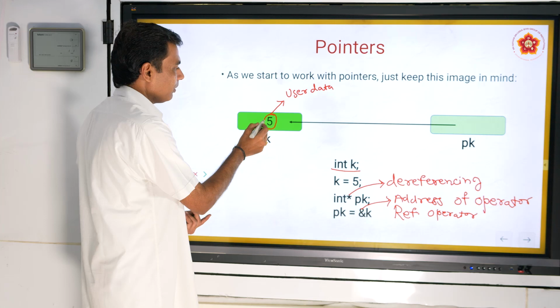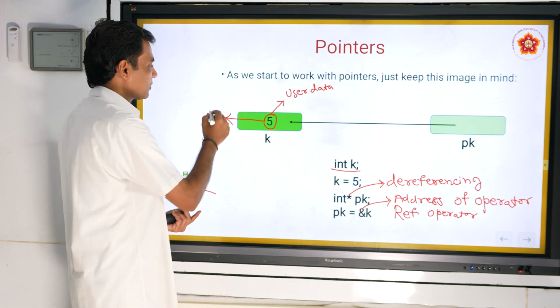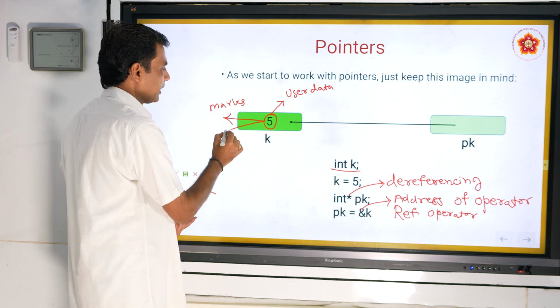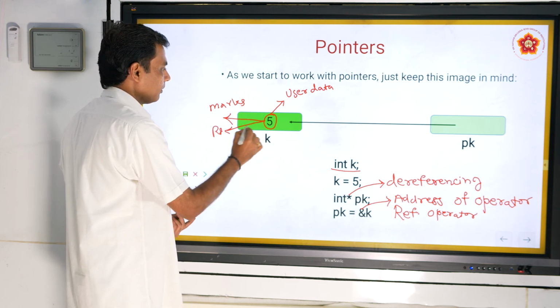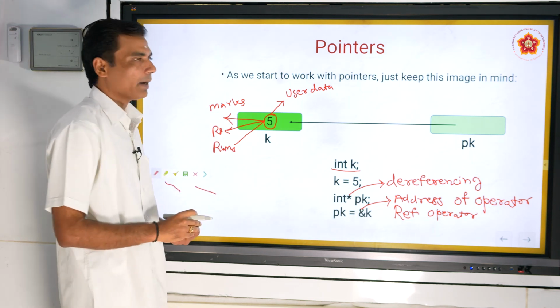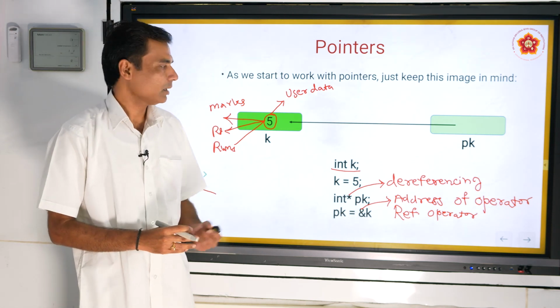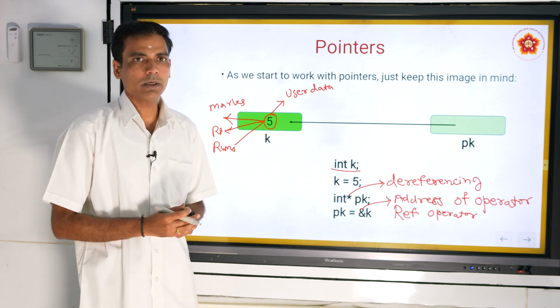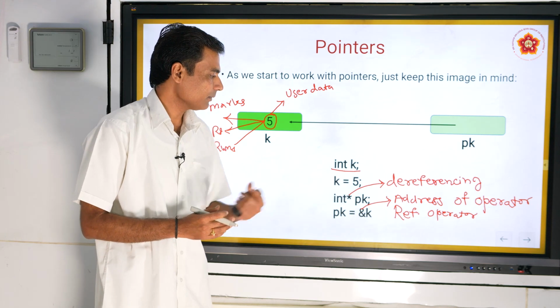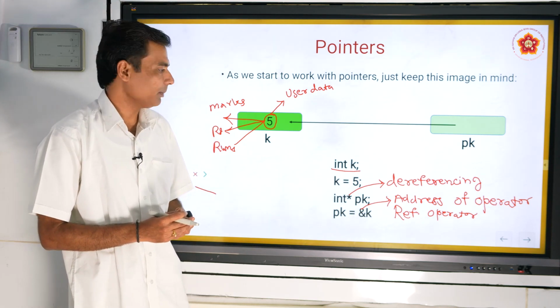The 5 can be marks, it can be rupees, it can be runs scored by a batsman in a game of cricket. So 5 is actually user data. So this k stores the 5, which is of integer type.